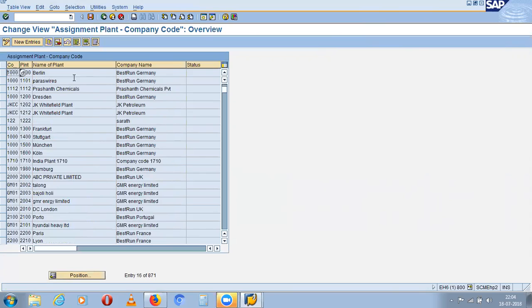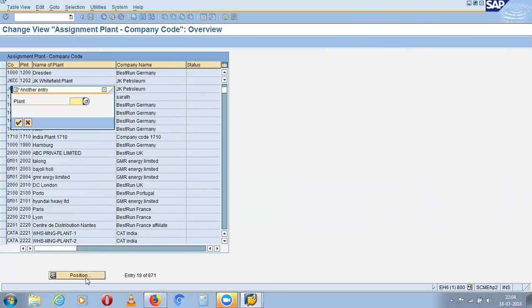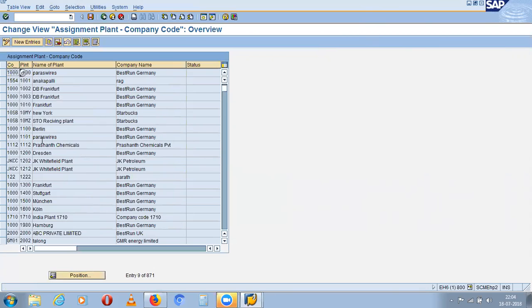Now I have to search ASC1. Or else click on position, enter 1000, press enter. Now search if you have ASC1 down here.